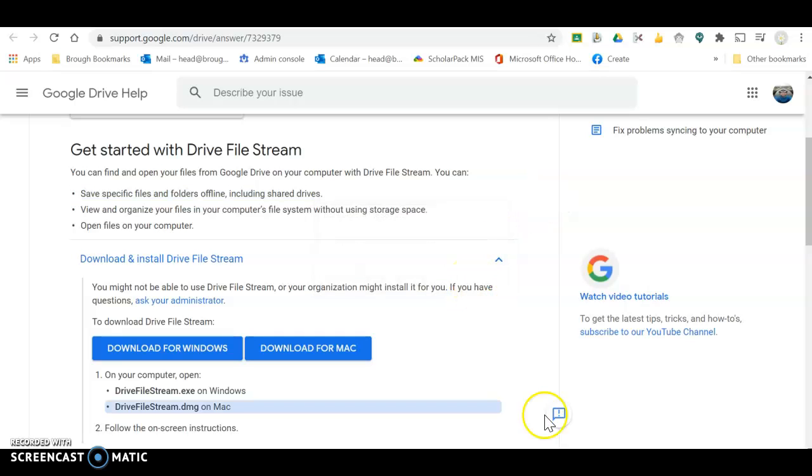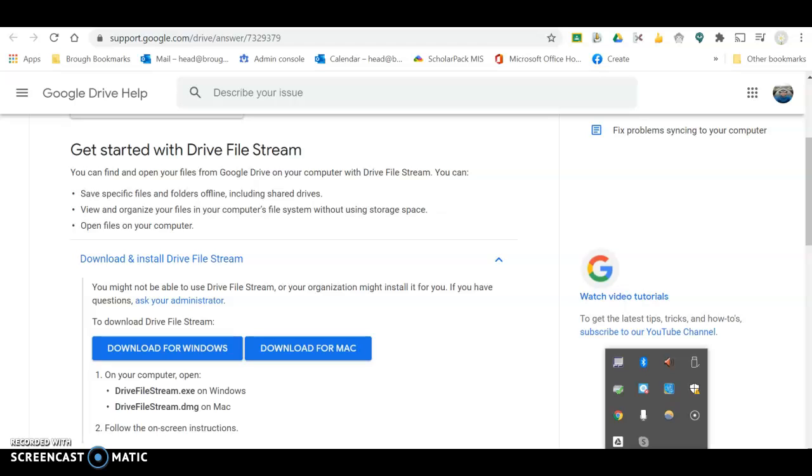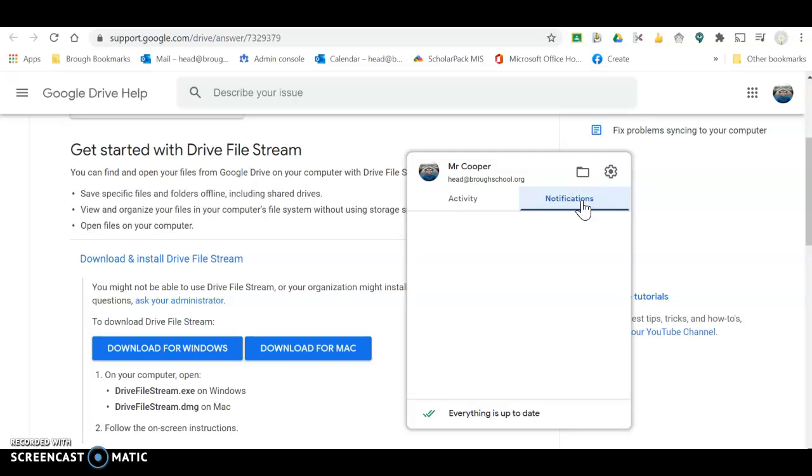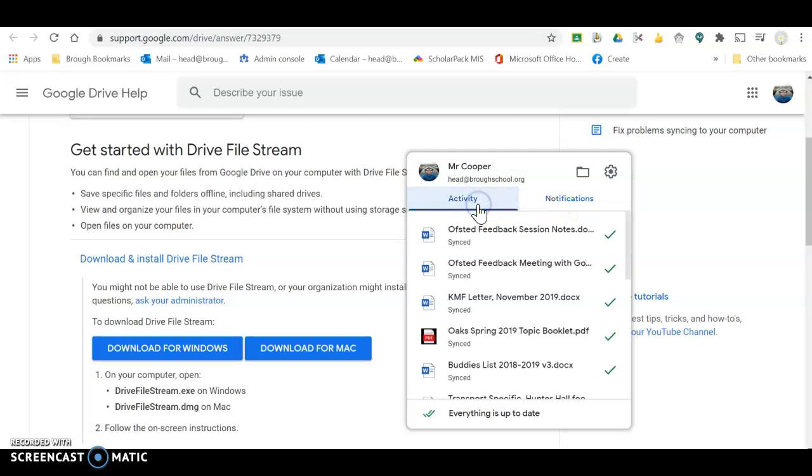Once it's launched, go to your little pin bar here and show your hidden icons. You will see the Google File Stream icon. Click on that and you should be logged in. If you're not, log yourself in. It's showing my recent activity. Probably no notifications. There you go. Everything up to date. Click on settings